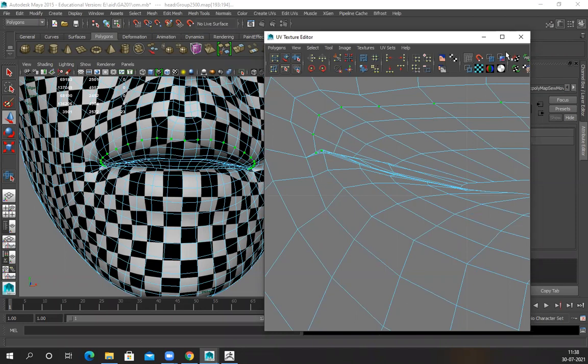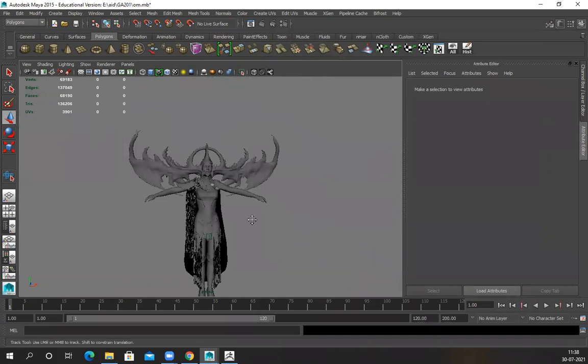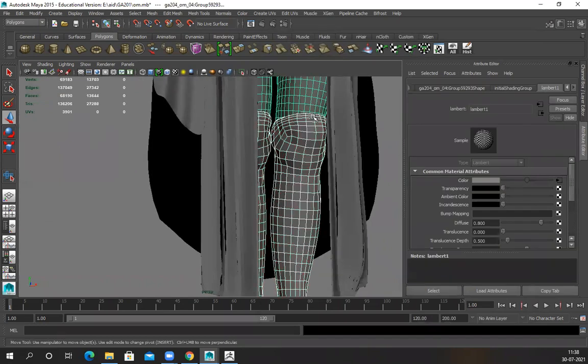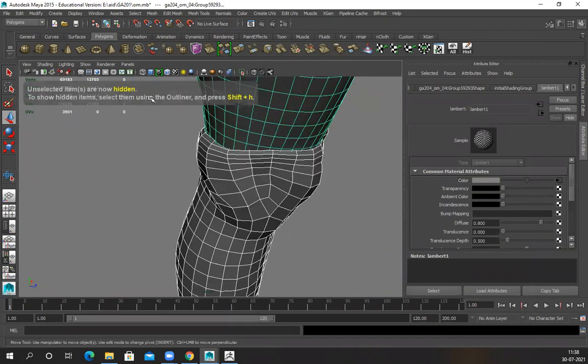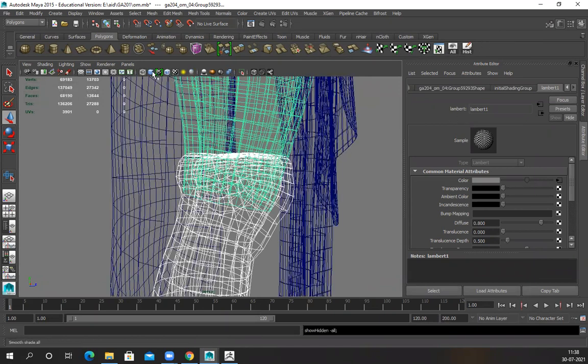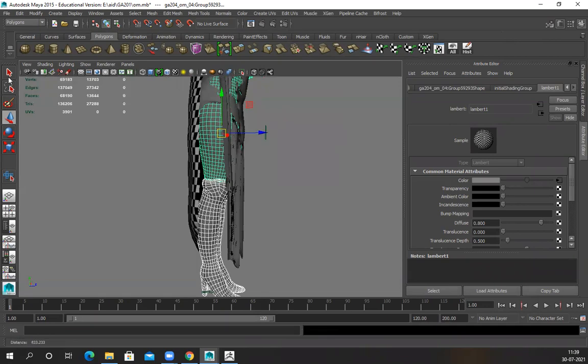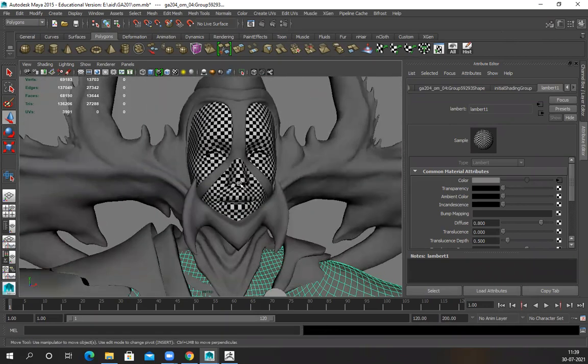Or what you can do, there are two things. Either I can just simply, like in my case, what I did is here I kept, you can see, 1, 2, 3 loops extra. Yes, sir. Either you keep 1, 2 loops extra, or make sure the number of loops in this one and this one are equal and they snap perfectly. Either you snap it or you just push it inside. Yes, sir. Okay, we are doing this.